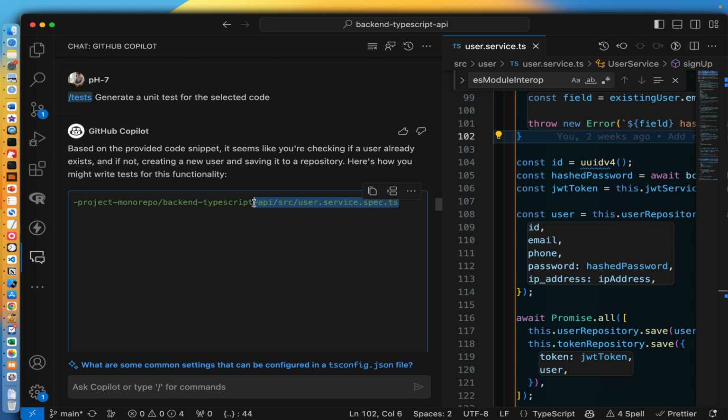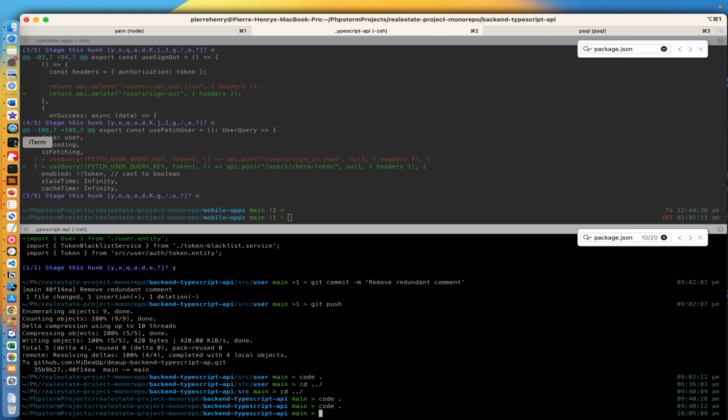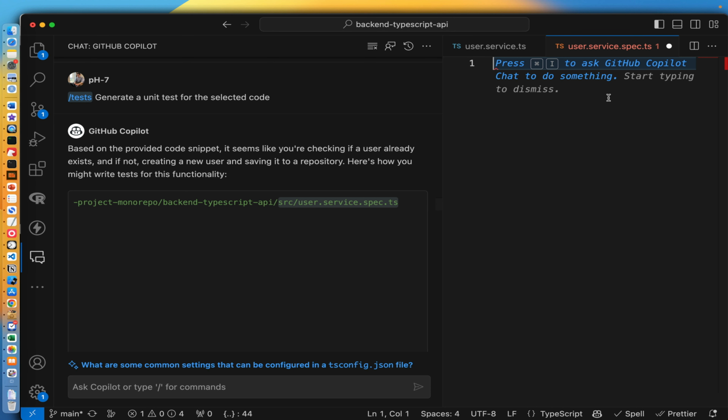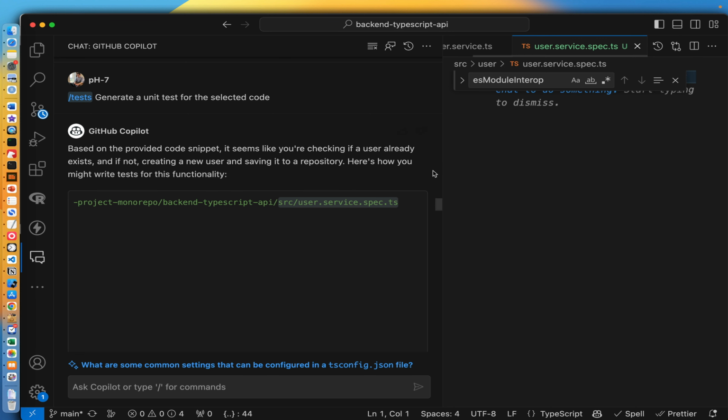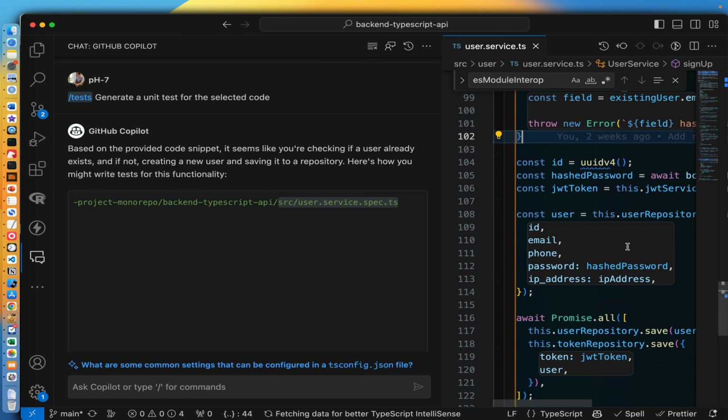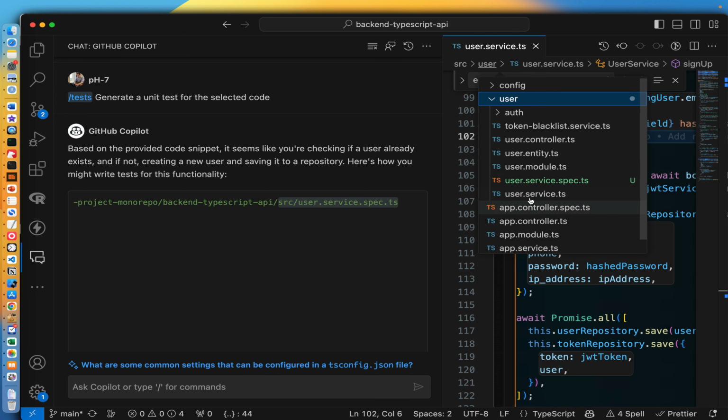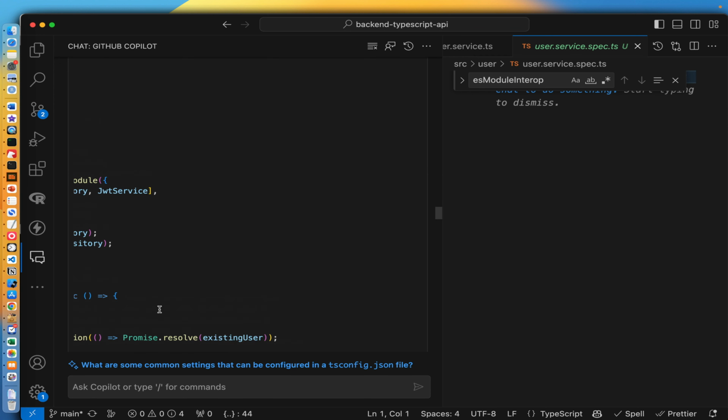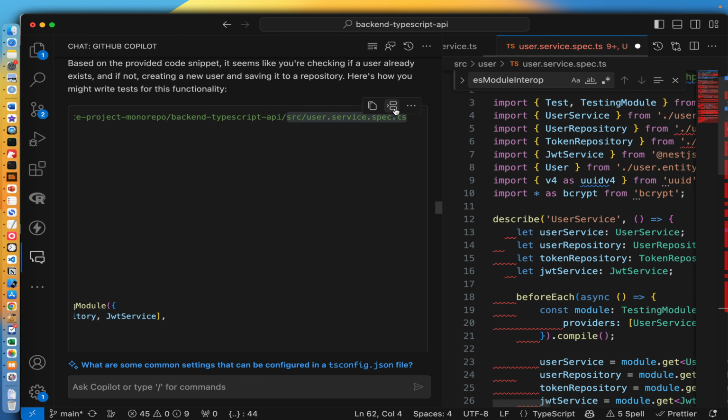So here, let's go back to our test. And now we'll create a file for my test, user.service.spec.ts. I need to make sure it's in the user module. This is the file path it gave previously. And I will just copy paste my test. I will need to open the test file, user.service.spec.ts, and then I can merge all of the snippet